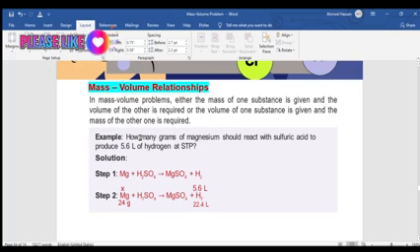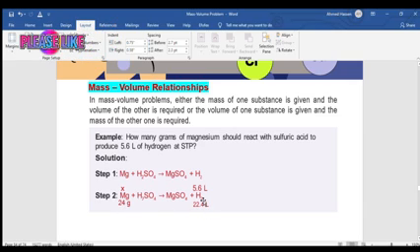Example: how many grams of magnesium metal should react with sulfuric acid to produce 5.6 liters of hydrogen? Therefore, what is given? Hydrogen, 5.6 liters, and what is asked is the magnesium mass. Therefore, write x above magnesium and 24, the atomic mass of magnesium, below the formula,